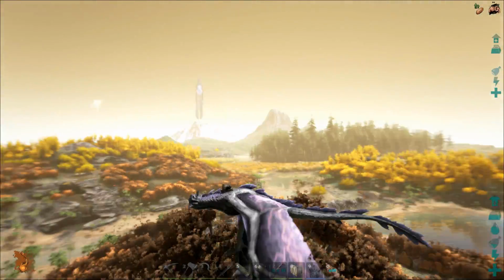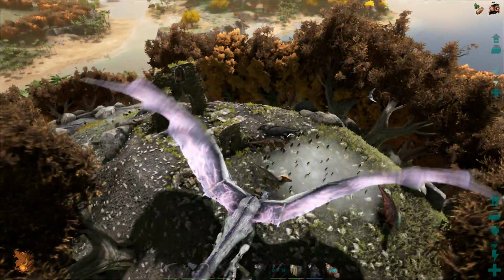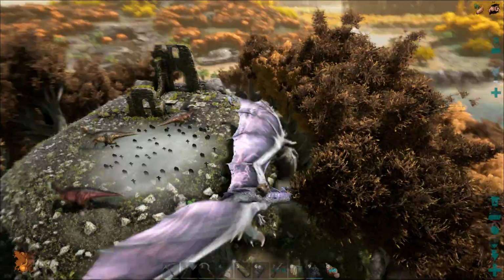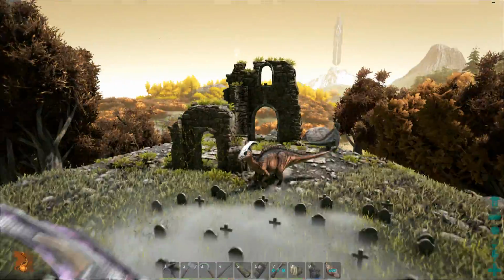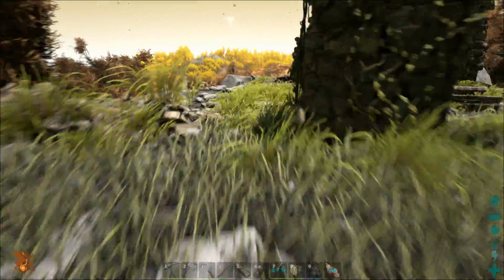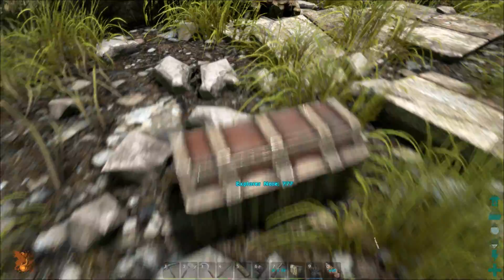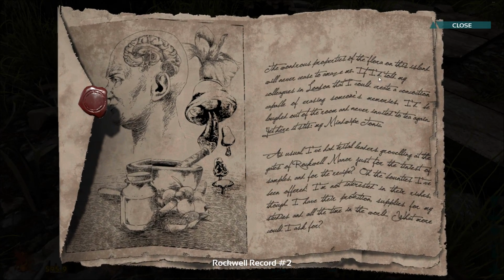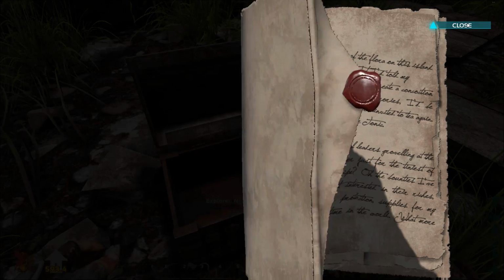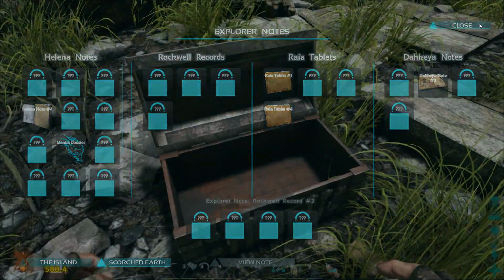I just want to come in here and look and see if we can find one of those, I don't remember what they're called. Okay. It's one of those things that has the dossiers and stuff in them. That's not one. Oh, here we go. Explorer note. What did we get? Rockwell Record 2. Sweet. So we got one. Scorched Earth, we got a few, but...